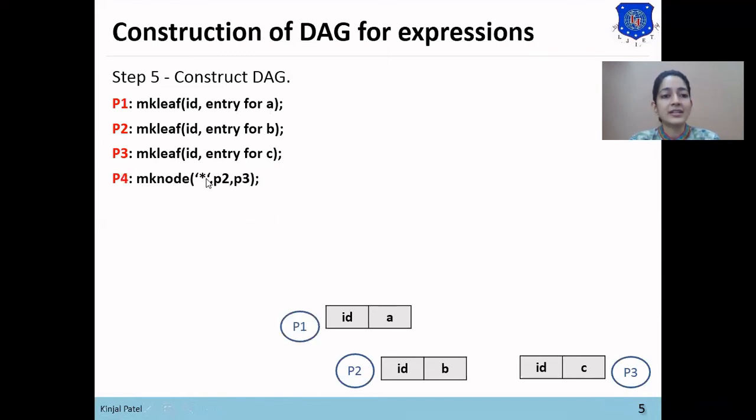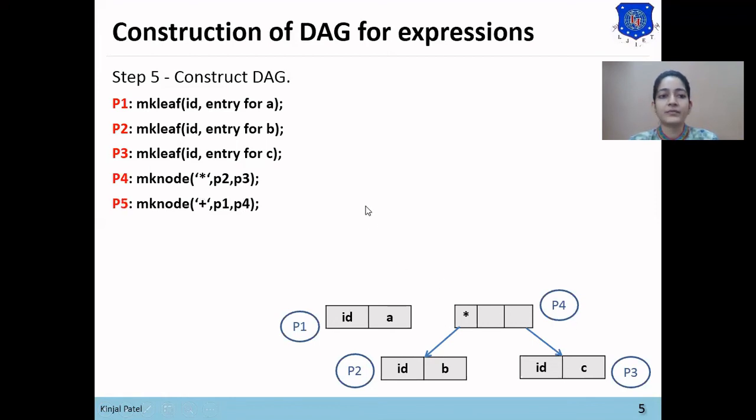Now the next node is star. So now the subtree for star will be created. The star node has been created, and the left child of this star is P2 and the right child of this star is P3. And this star node will be named as P4. Now the next function is for plus.